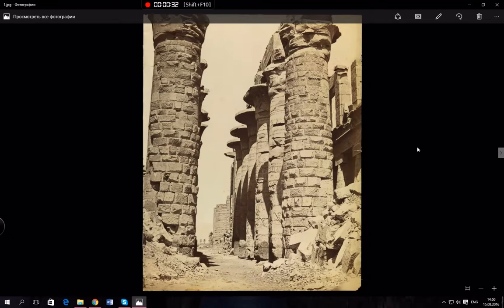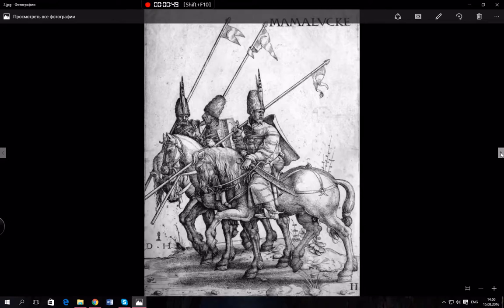They were made in the 19th century, and as you can see, we have a different type of construction on those columns in the back, and those that are in the front. Okay, so they say that Napoleon